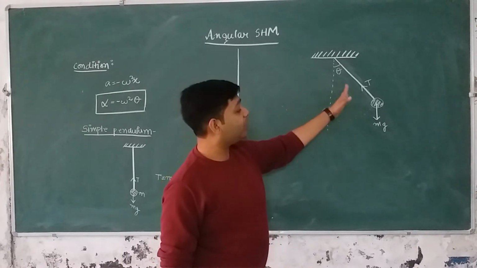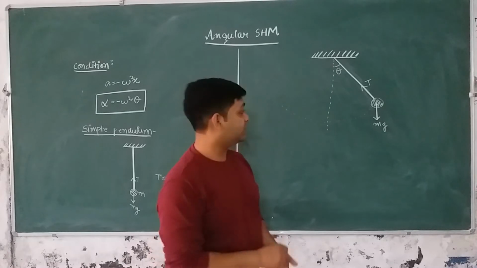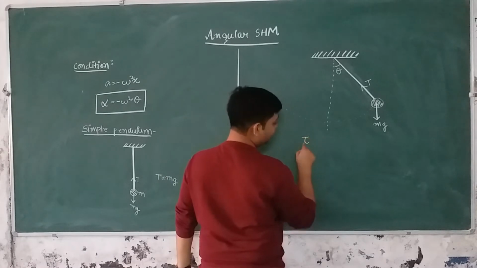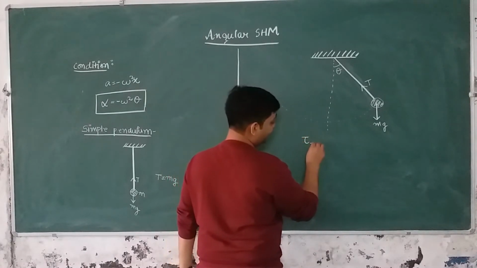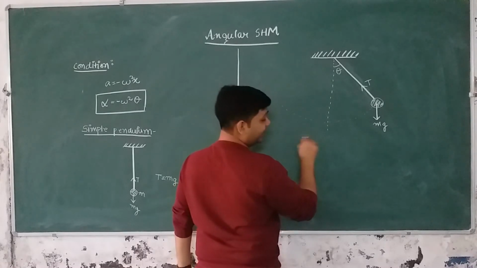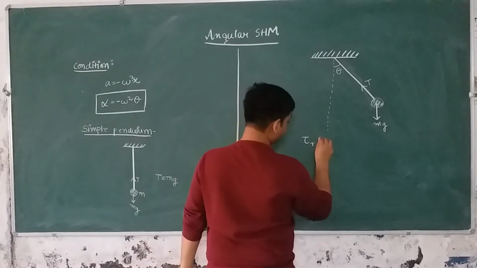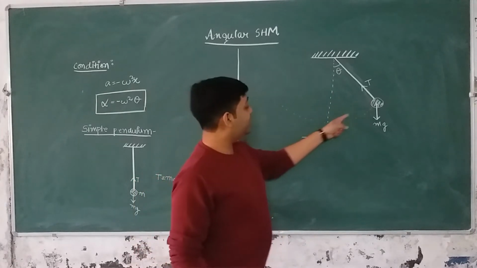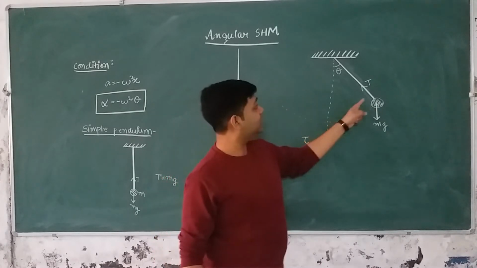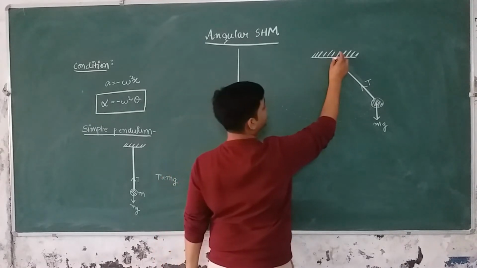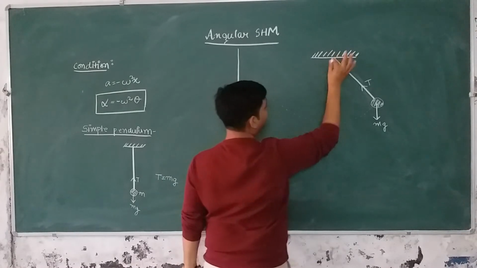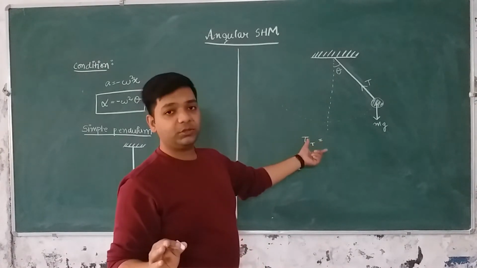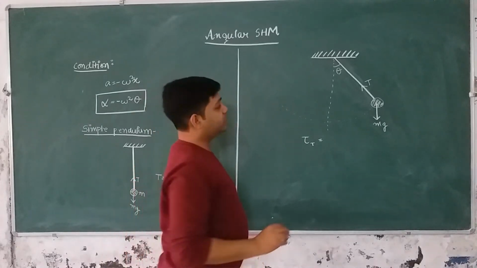So now we have to see what torque is produced due to these forces. Let us see the torque due to this tension T. We denote torque by the symbol tau, and because this is the torque of tension, I am writing T in the subscript. So what will be the torque due to this tension T? This body is performing angular motion about this point, so the axis of rotation will be like this. You will need to know some basic concepts related to rotational motion. I am explaining all of these here, but it will be helpful if you already know those concepts.